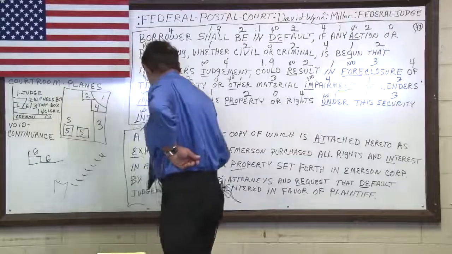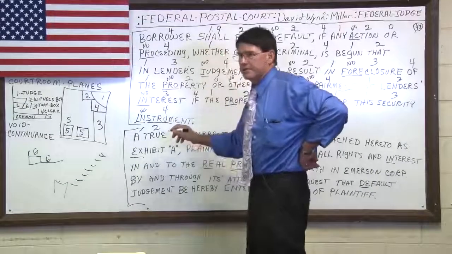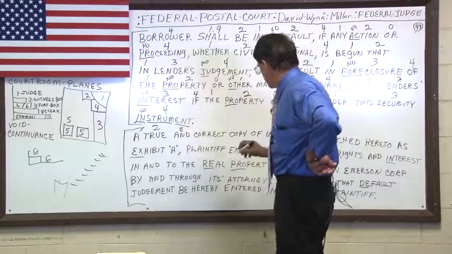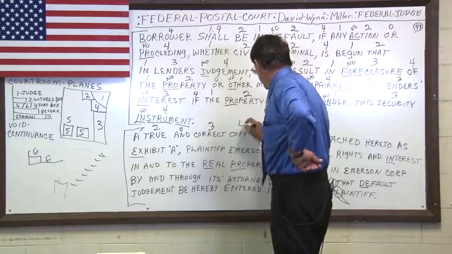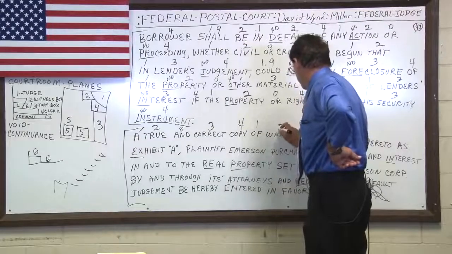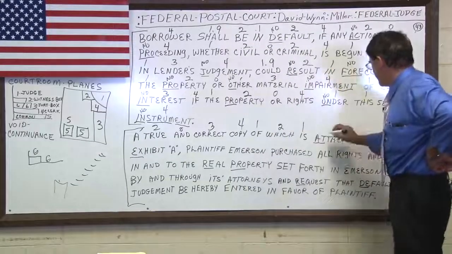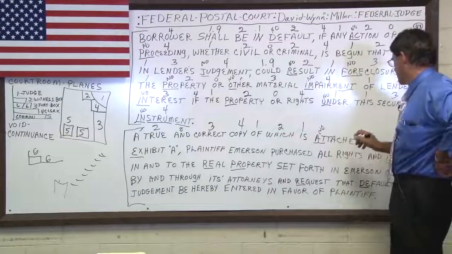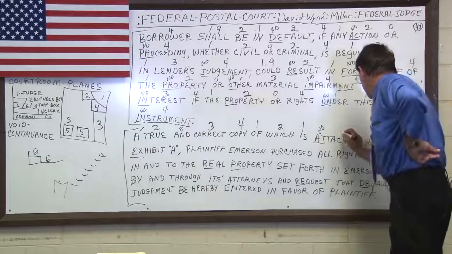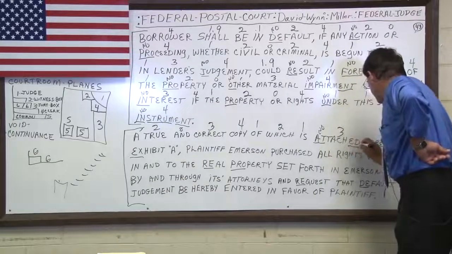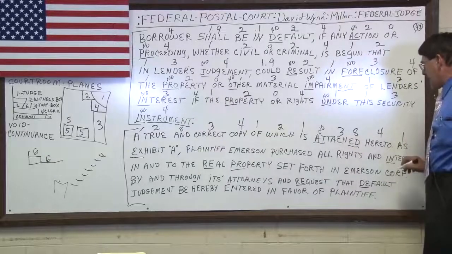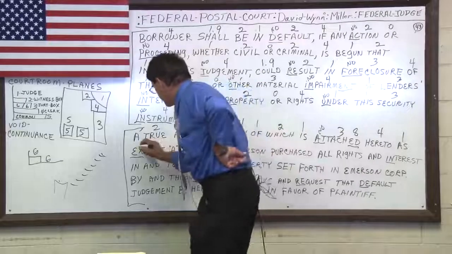A true, which now becomes a verb. Truth is not a verb. It's a condition of state. And is a conjunction. Correct copy becomes an adjective pronoun. Of is an adverb making which to be a verb. Is an adverb making attraction to be a no attached. Is a no contract. Adjective. The ed is in past time, voiding the now time of hereto becoming a pronoun. As is an adverb making exhibit to be a no contract.